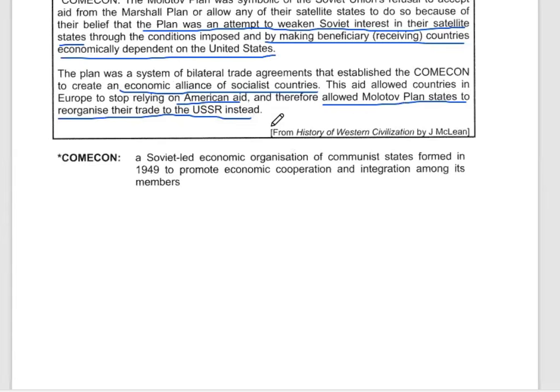But if you are to analyze this, we will actually see that the COMECON or the Molotov plan ultimately did not produce notable positive results because of its underfunding. The USSR did not have enough funding to support the communist states, but however, it denied them access to the Marshall Plan, which revived much of the rest of the Western European states. So those were the ideas of the COMECON.